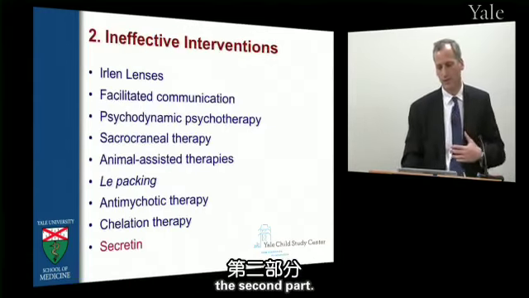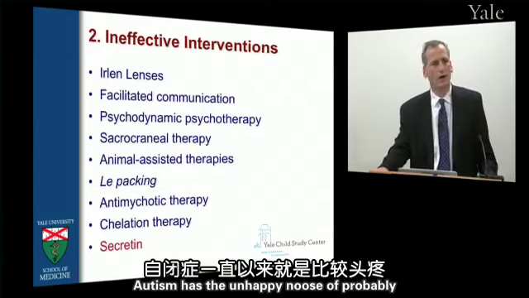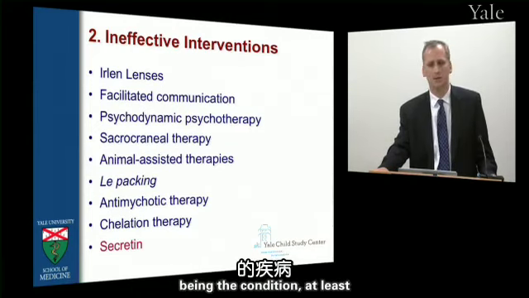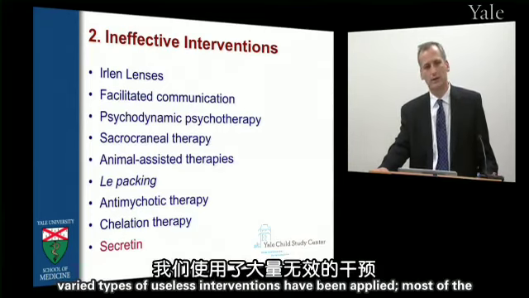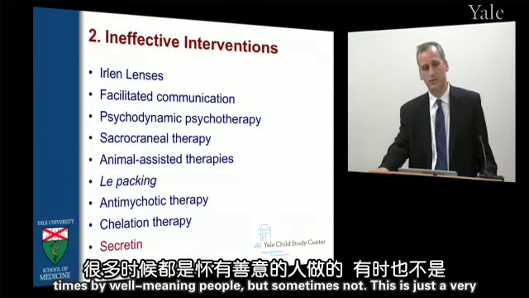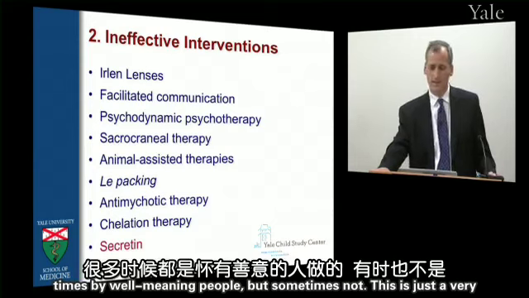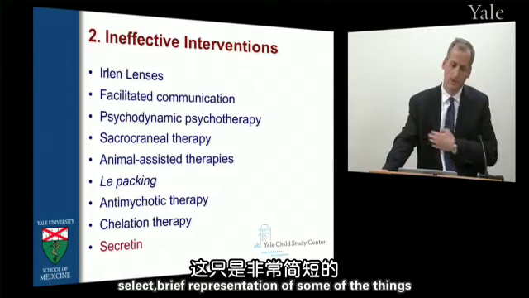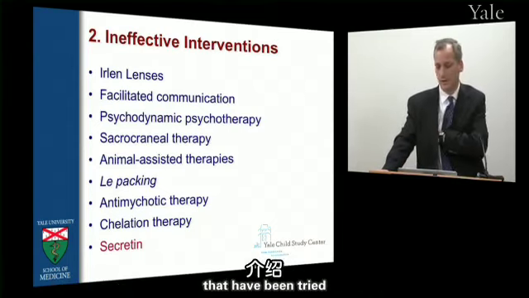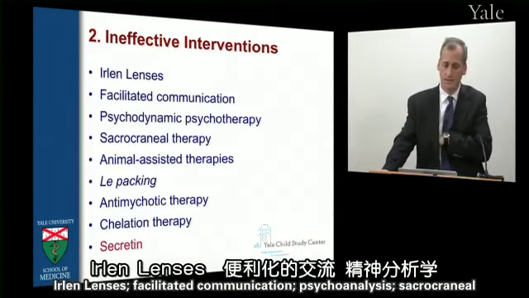Okay, so moving on to the second part. Autism has the unhappy news of probably being the condition, at least in psychiatry, in child psychiatry, for which the most weird and varied types of useless interventions have been applied. Most of the times by well-meaning people, but sometimes not. This is just a very select, brief representation of some of the things that have been tried. Irlen lenses, facilitated communication,